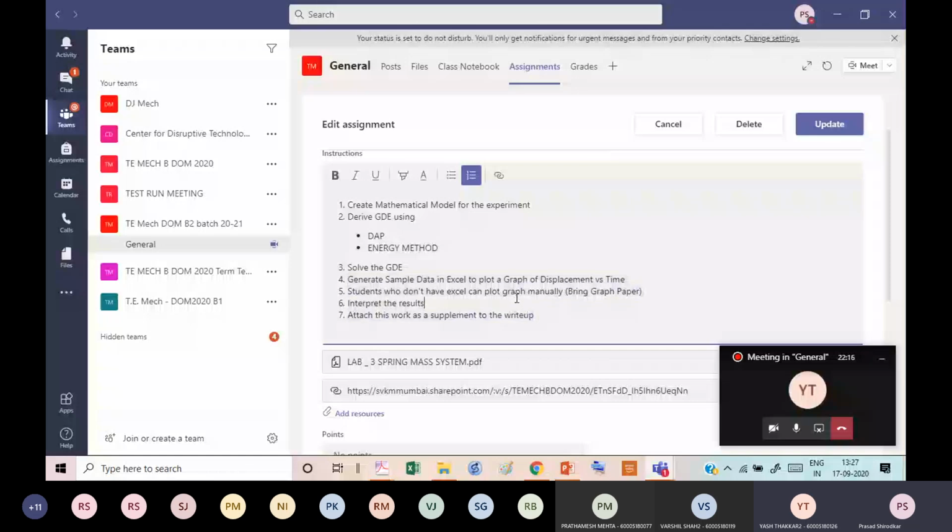Everybody has access to Excel. Anybody who doesn't have access to Excel,